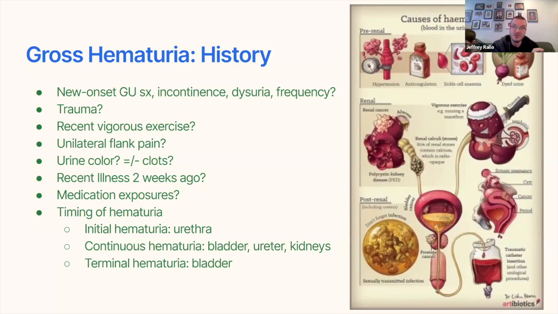If you have initial hematuria, the blood at the beginning of the stream, and then it clears, it's most likely a very distal injury or urethral source of the bleeding. If you have terminal hematuria only, it starts clear and then it gets red, it is most likely a bladder source. If you have continuous hematuria, it could be anywhere, and that is unhelpful. But if there's any changing of color during the stream, that can help discern location of the source.